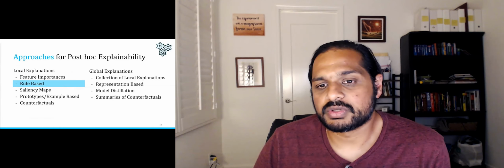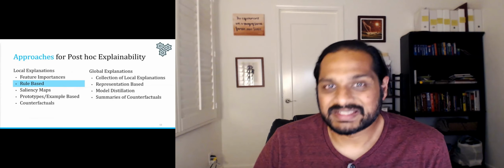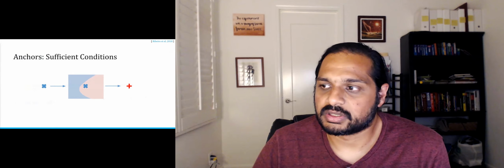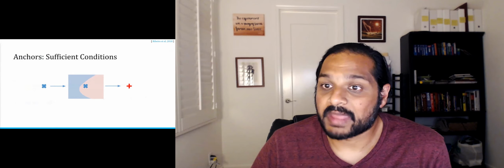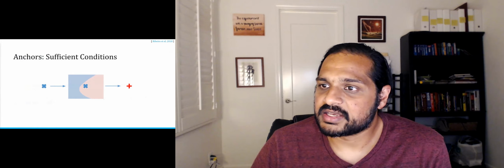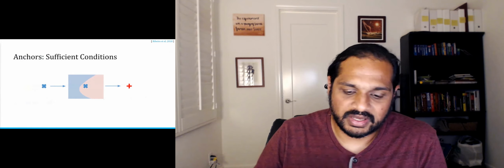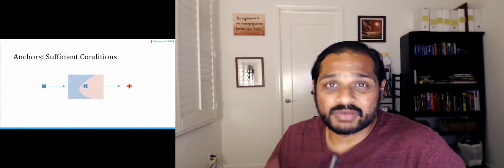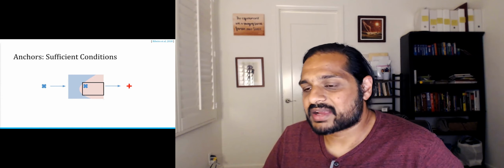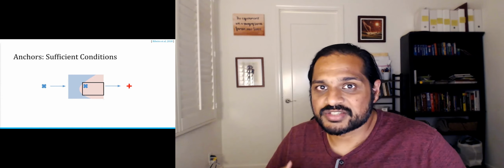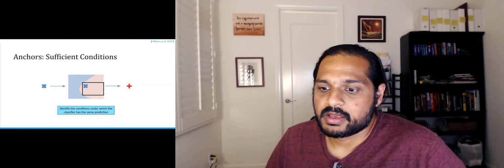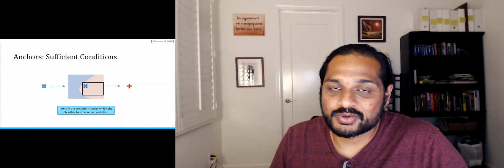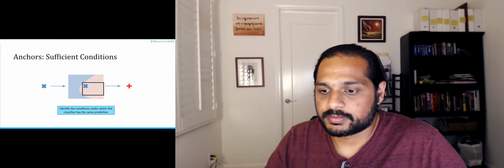I quickly want to give you some sort of view of what rule-based explanations look like. What we'll essentially be talking about are anchors, which is some work we did 3 years ago at AAAI. The idea here is to look at local surfaces, and maybe the local surfaces don't look linear, but you still want an explanation that you can understand. So what anchors does is try to find the sufficient conditions for the prediction to stay the same. What this means is, what are the conditions under which, as long as those conditions are true, with high probability, you'll have the same output.